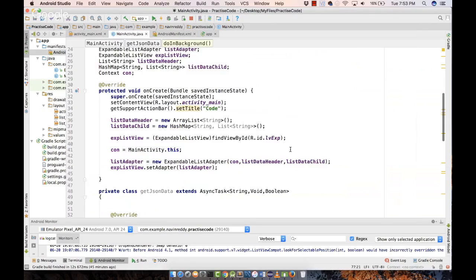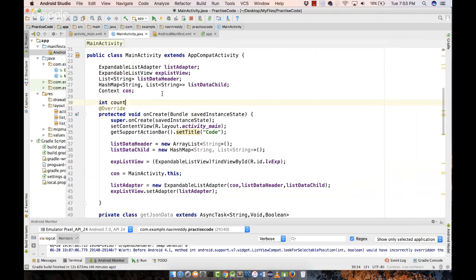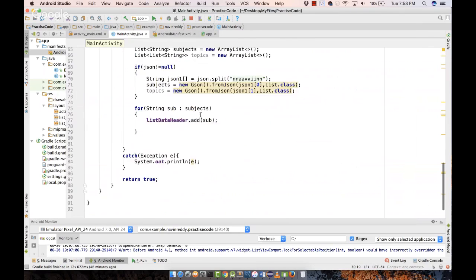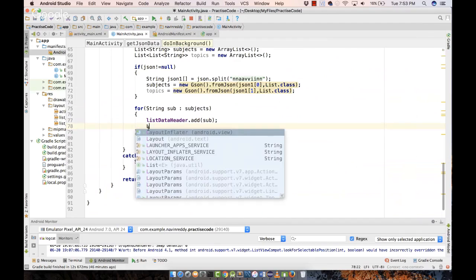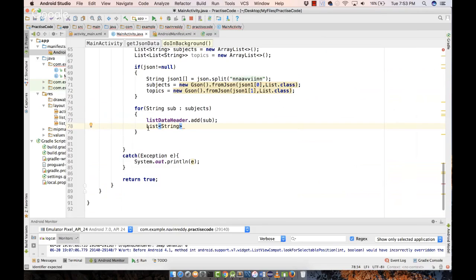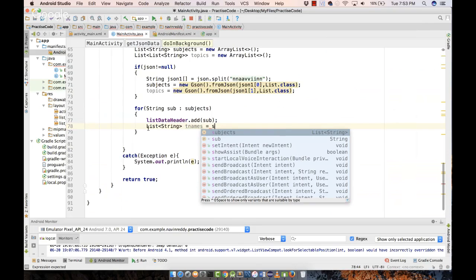To maintain the count, I will use a variable called int count, and of course the count variable will start with 0. That's how we always work. So we'll say int count equal to 0, and here I will maintain that count. I will fetch one string at a time, so I will say list of string, and we'll say this is topic, t names equal to,